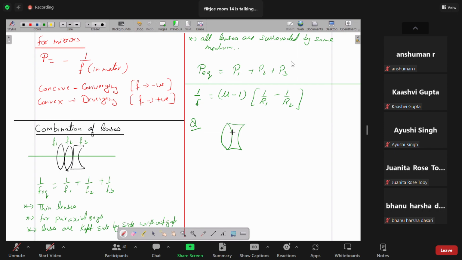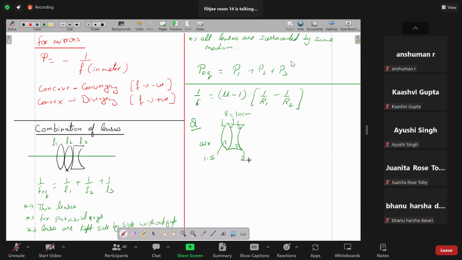All the curved surfaces have a radius of 10 centimeters, kept in the same surrounding, that is air. The refractive index of the first lens is 1.5, and for the second lens the refractive index is 2. So we have to find out the